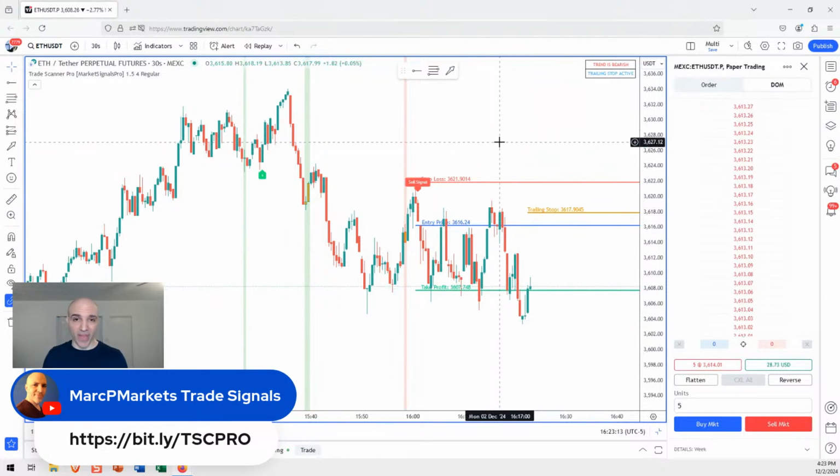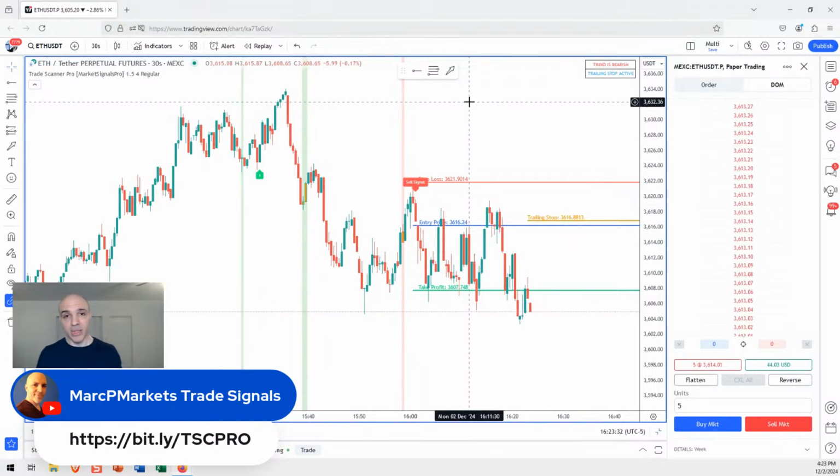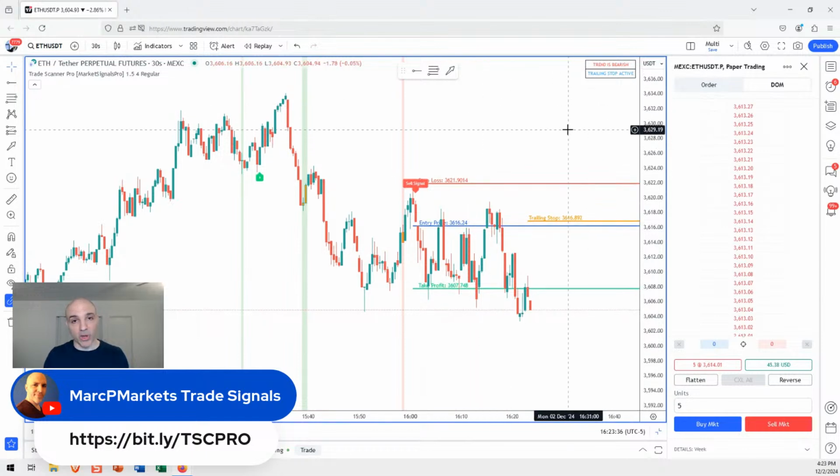Remember, when you're working with a $1,000 account, you're automatically taking bigger risks, especially if you're using leverage. Because when you're wrong, think about it. On a $1,000 account, if you lose $100, which is really not a lot of money, you just wiped out 10% of the account. In terms of risk, that's a lot, right? You can only be wrong 9 more times if you're losing $100 every time before you wipe out the account.